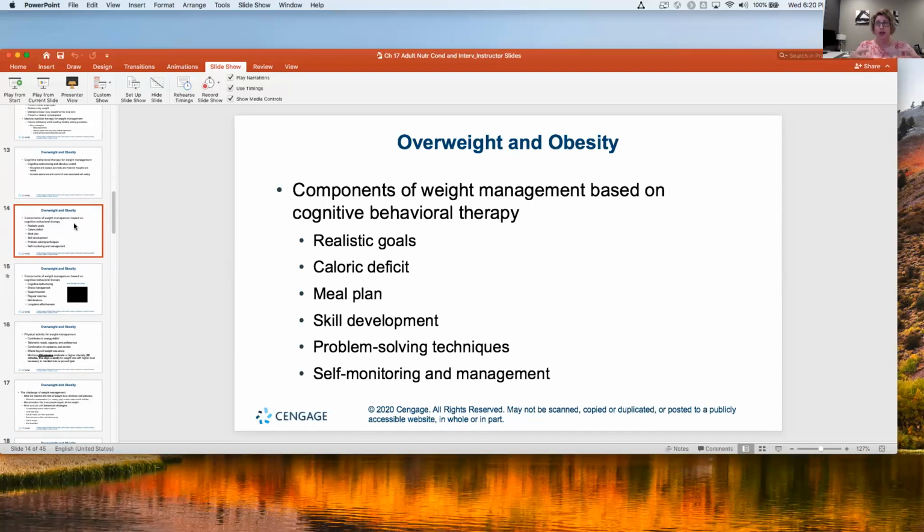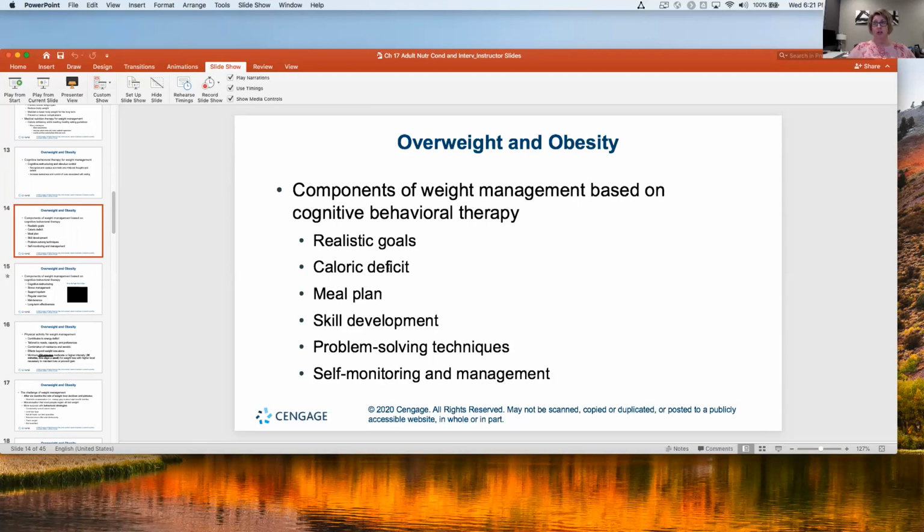So how do we get them to see their realistic goals? Like working on that, rationalizing it. There's probably going to be a calorie deficit involved in this. That component has to be there physiologically. It has to be there. There's going to be other things, but that's definitely going to be one of the things that we want to